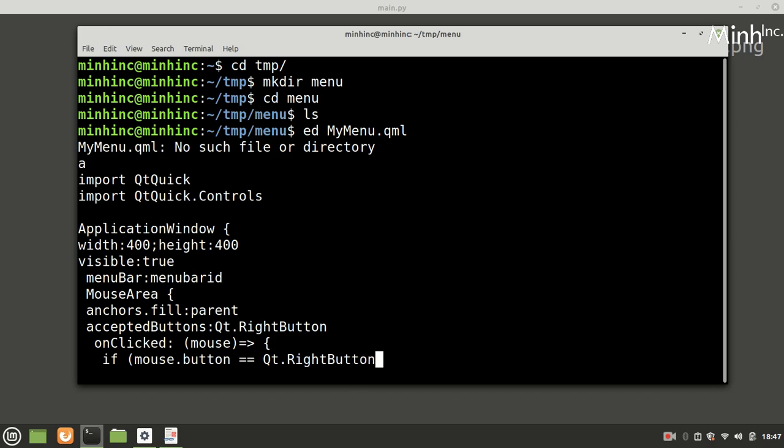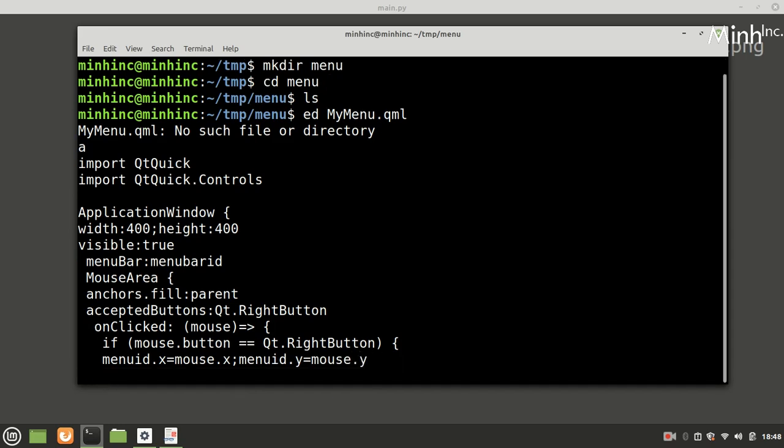Then menuId.x equals mouse.x and menuId.y equals mouse.y. Then menuId.open().